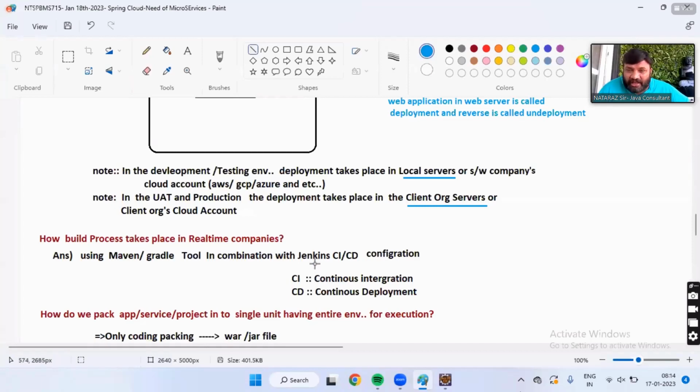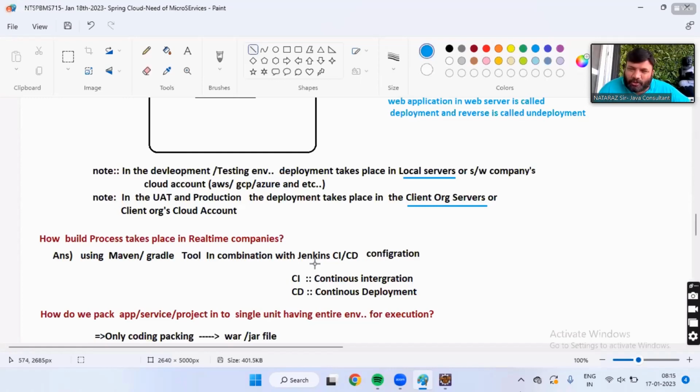Now listen, guys. Why has Jenkins come? Why does the DevOps model of SDLC say, why wait every week for changes? Every day you develop, every day you test, every day you release.